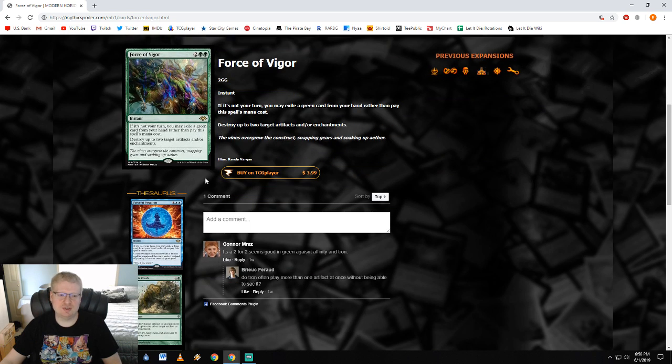Force of Vigor. Oh, here's probably going to be the number one played Force card. 2 green, 2 colorless, instant. If it's not your turn, you may exile a green card from your hand rather than pay its mana cost. Destroy up to 2 target artifacts and/or enchantments. Okay, this card's super powerful. This is like the number one best green sideboard card right now. I predict 90% of decks that play green to have this card in their sideboard, at least. Not only does it let you get around Blood Moon, Chalice of the Void,